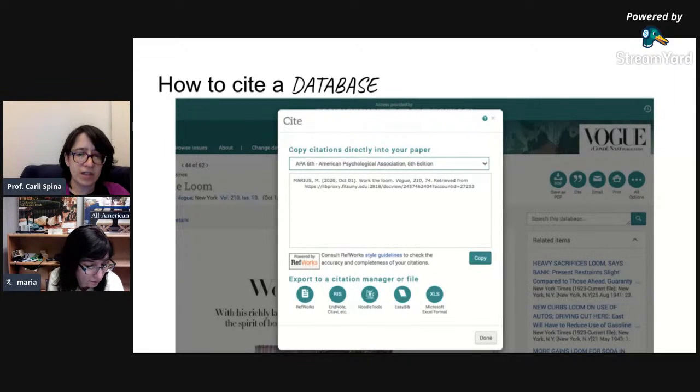So you can see that as soon as I click citation, it pops up and it gives me the citation for this item, and it's in APA. But we've already looked at APA, so we might be able to tell that there's a couple little issues here. And that's what I always like to point out to people, is that you don't want to just copy and paste this into your work. You do want to look at it critically and see if any minor edits are needed. That's not to say that these tools aren't helpful, but they do need a little bit of proofreading because they are all automatically generated.